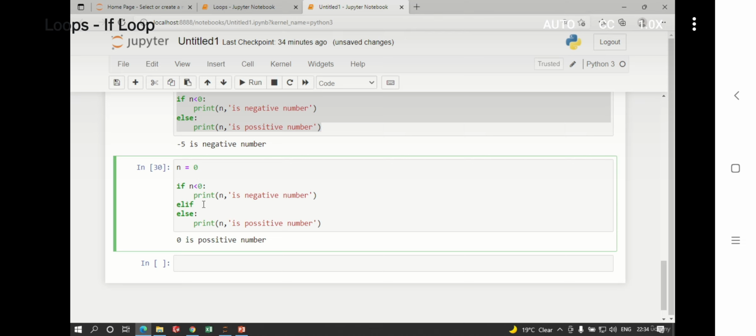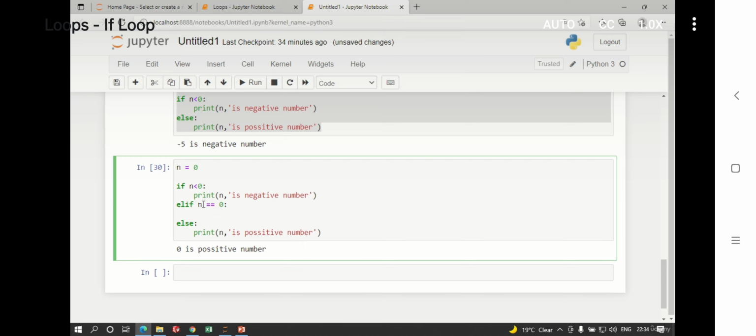Else if n is exactly equal to 0, put a colon, print n comma, in double inverted commas, single or double doesn't matter, is 0. Else, if both conditions are not satisfied, it will return a positive number.